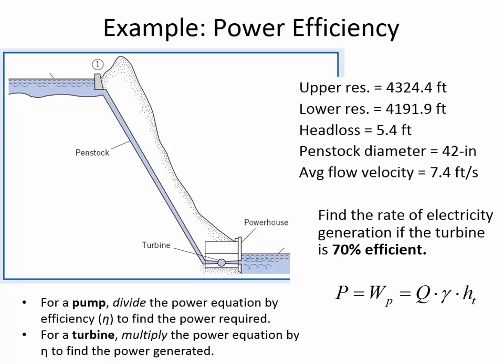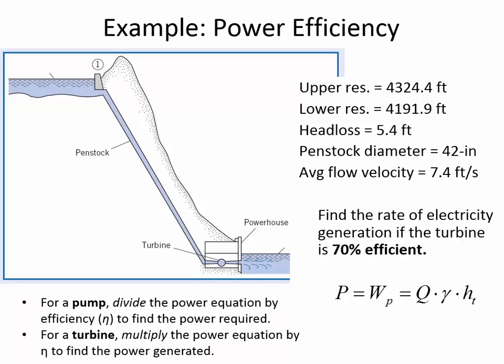And then we have to account for efficiency, because a generator is not 100% efficient at converting potential energy into electrical energy. There are losses along the way. So here, let's just assume 70%, and really the point there is to show you: do you multiply, do you divide, how to handle efficiency in the case of electricity being generated.